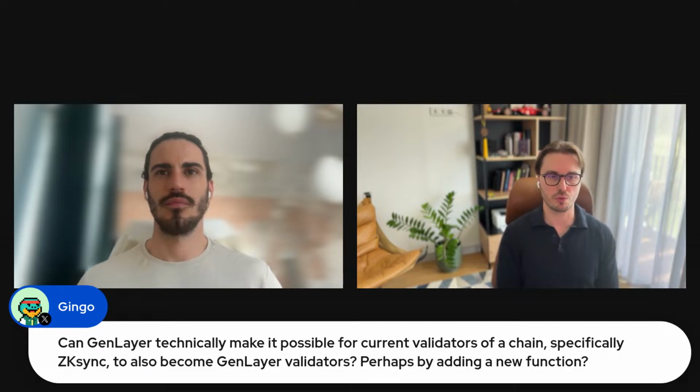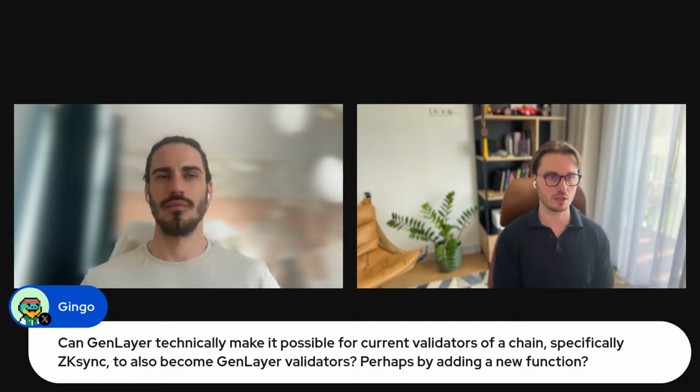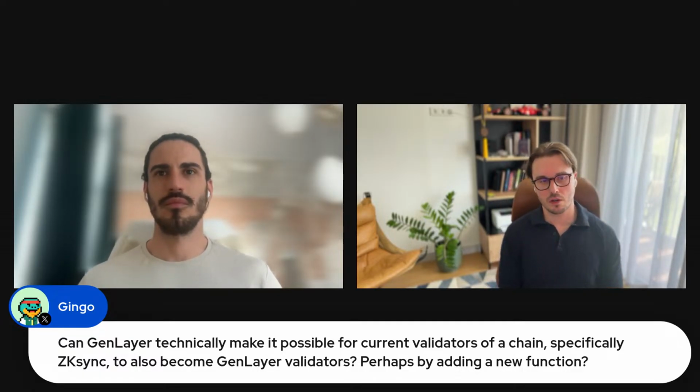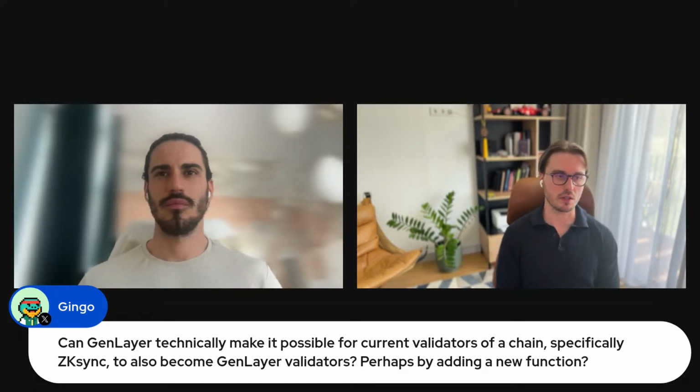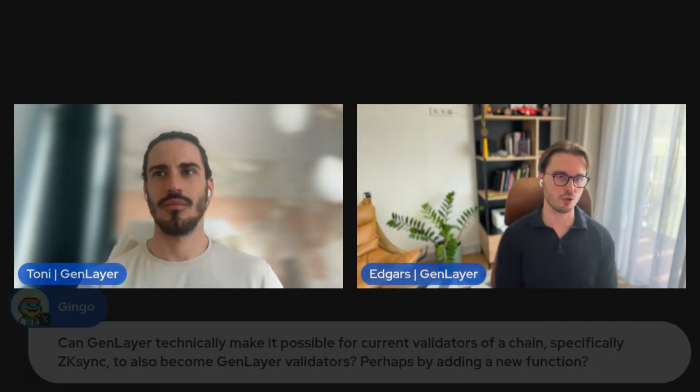I mean, of course, the validators we're working with for the upcoming testnet, they're all validators of many chains. So you transfer a lot of this expertise that you have from running other chains, but there's no cross transferability specifically with any other chain directly. I think it's worth then explaining why we actually chose ZK Sync. It's mentioned in the chat. That's the stack we chose to build on top of,